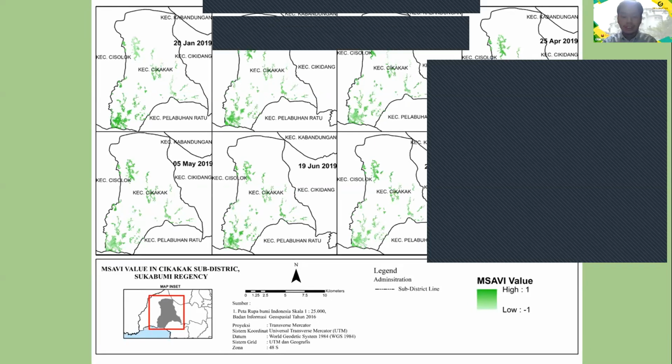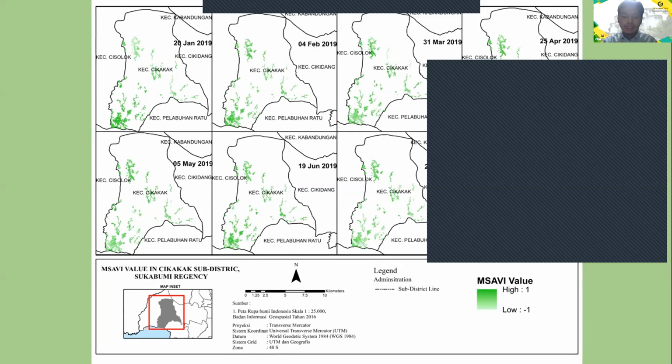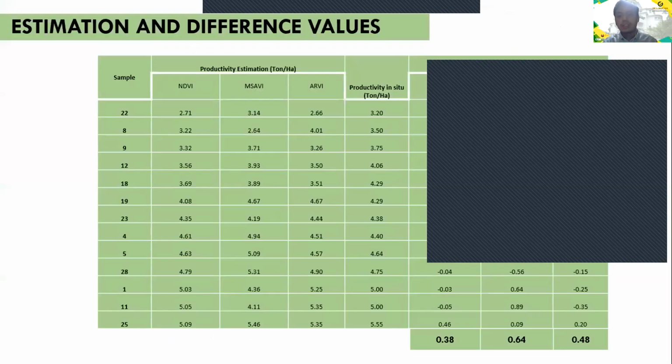For modified SAVI, the value increased from January to February, with an average of 0.781, and in February it reached 0.900. This value continues to decline until May and will increase again until August 2019. And for the estimation and difference value, the following table is the result of estimating the productivity of rice in